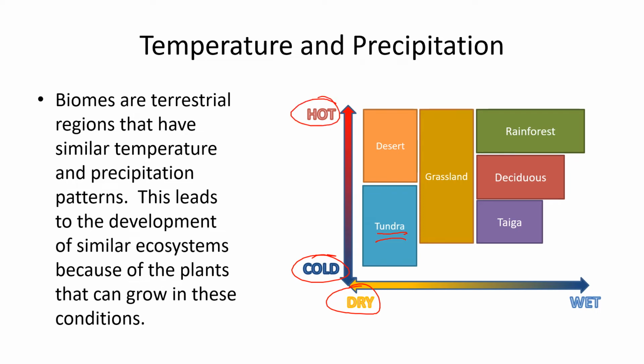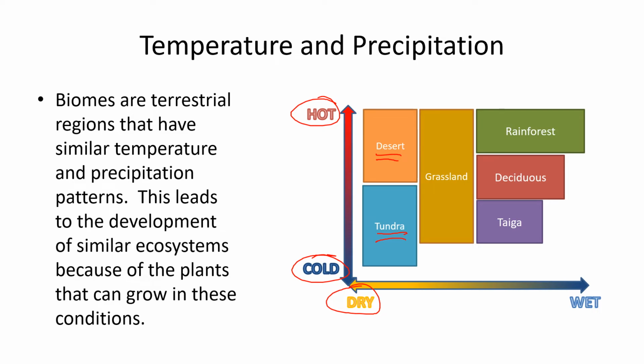At the hot end, still dry, of course, is desert ecosystems. And so around our planet, you can probably think of quite a few places like in Africa or South Central North America and Australia, where there are deserts, very hot, at least during the day, and they cool down at night. And of course, limited organisms that can survive there.